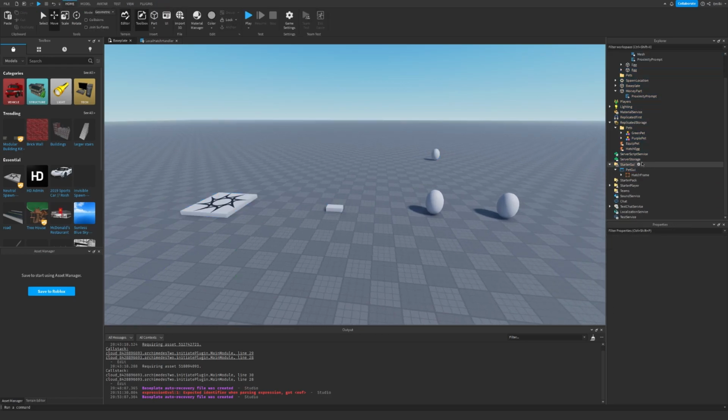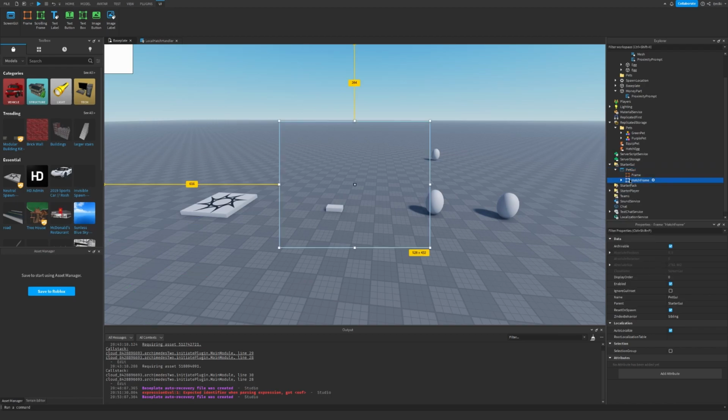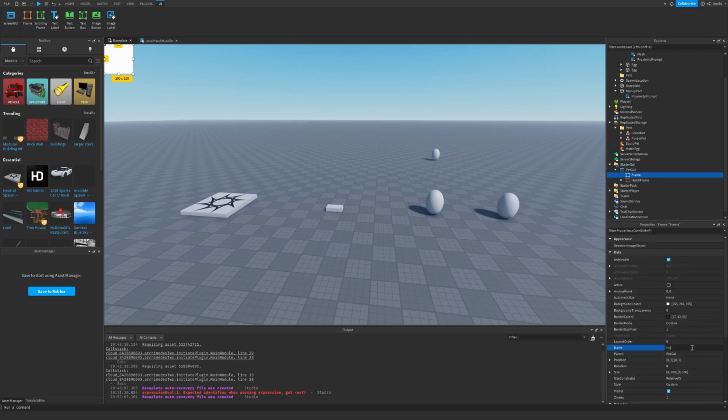And now we can just close the hatch frame and insert a new frame called inventory frame. Let's set the anchor point to 1.5. Background color 30. Border size pixel to 0, of course. And let's set the position to 1.225 minus 8.50. And the size to 0.2250,